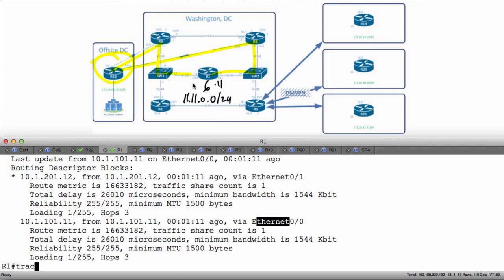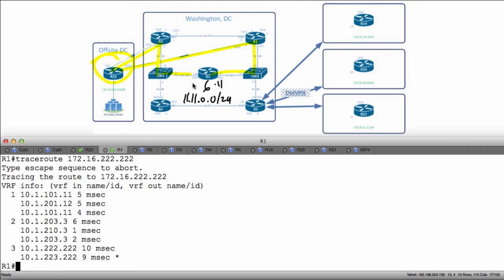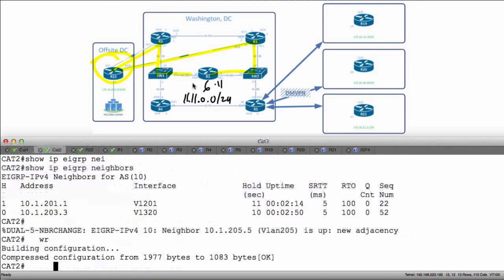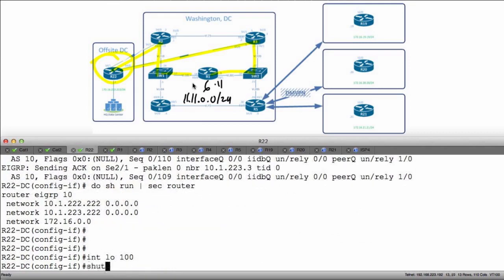So now if I trace route to that destination, 172.16.222.222, I'm going to go across Cat1 and Cat2. So I'm going to do my load sharing. Now what I want to do is I want to mess with this. So let's go back over to R22, interface LO0 or LO100. Let's shut this down